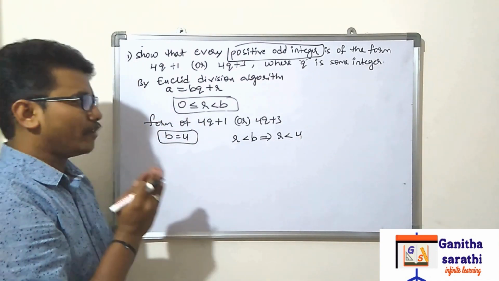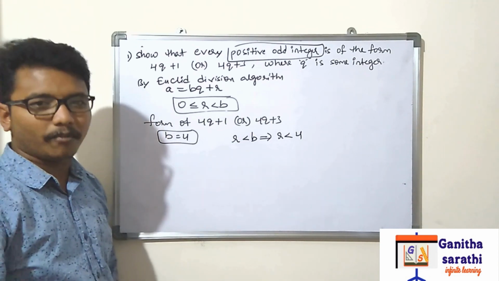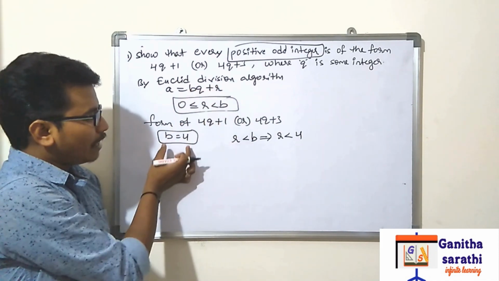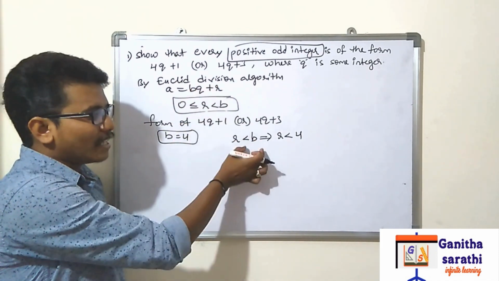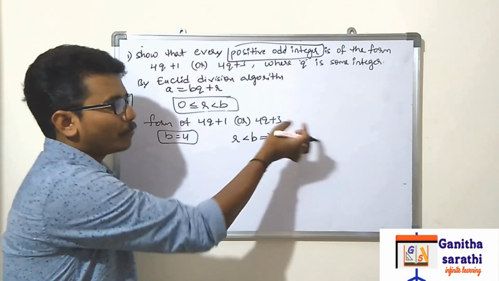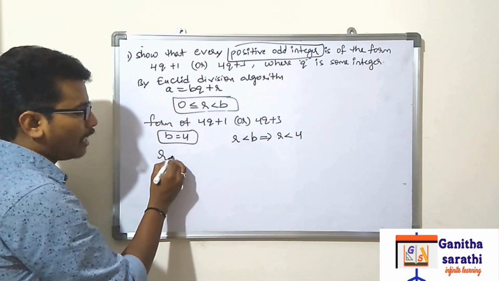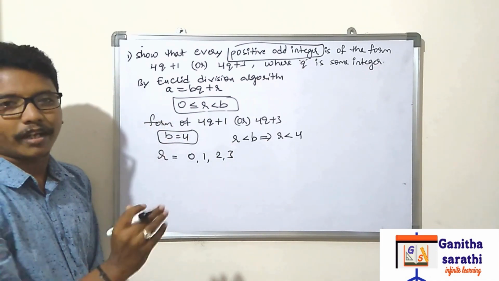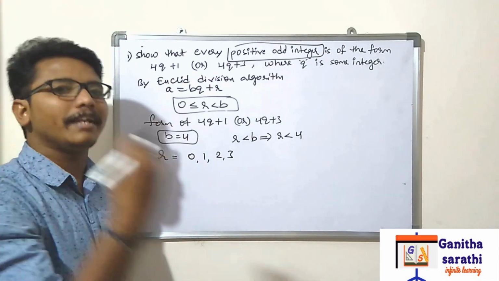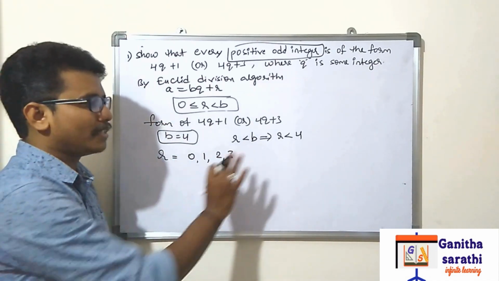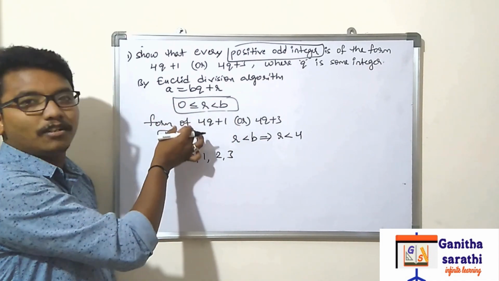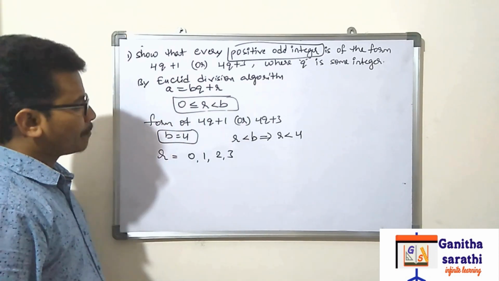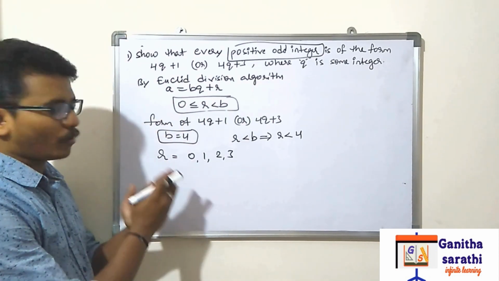Listen carefully. If you understand the first problem carefully, then all the other problems will be very easy. First of all, compare these two. While comparing, write the B value, and write the condition R is less than B, meaning R should be less than 4. So R may be 0 or 1 or 2 or 3. Less than 4 means up to 3. Less than or equal to 4 would mean up to 4. But we take less than 4, because our condition is 0 less than or equal to R less than B. Now the R value should be 0 or 1 or 2 or 3.